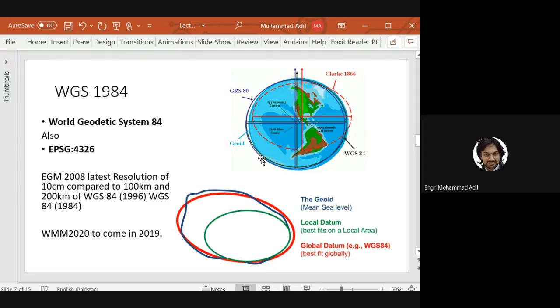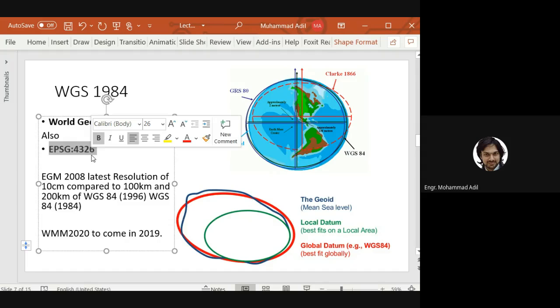So these need to be converted from one coordinate system to the other. So 10 degrees east and 50 degrees north on WGS 84 may be 5 degrees east and 7 degrees north on Clark 1866. So there are formulas to convert them, and there is software that can do that easily for us. So similarly, if you use your GPS device, which uses EPSG 4326 to find your location,